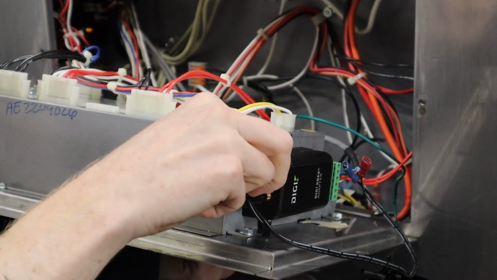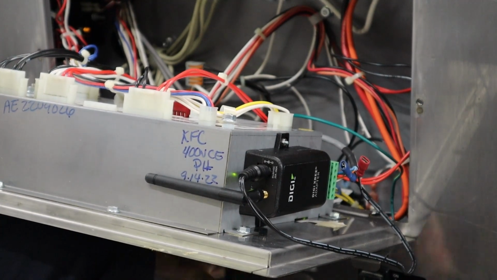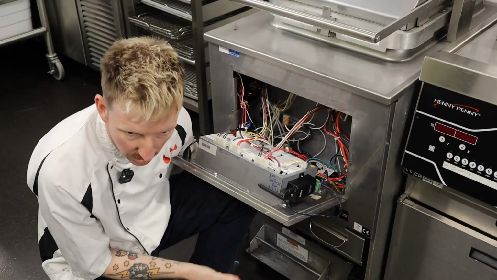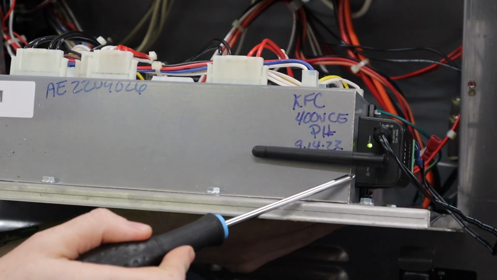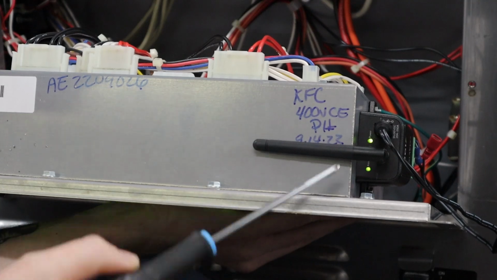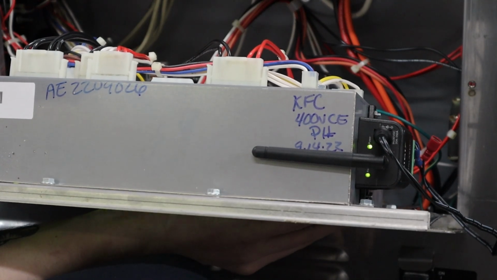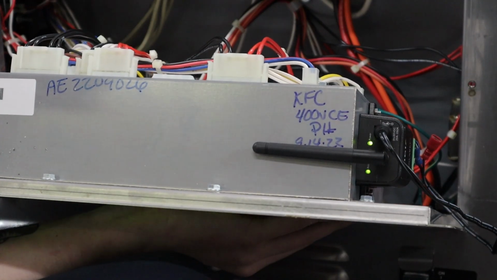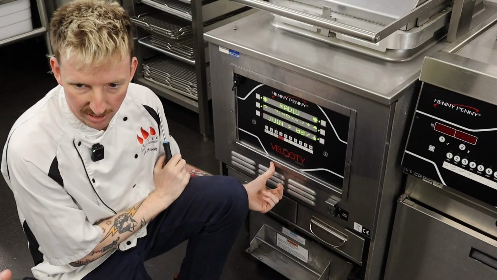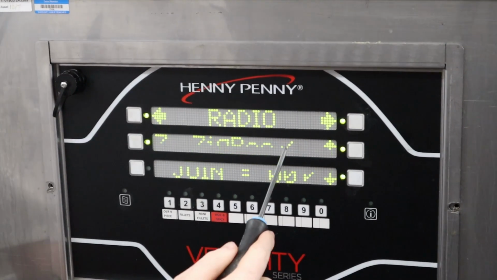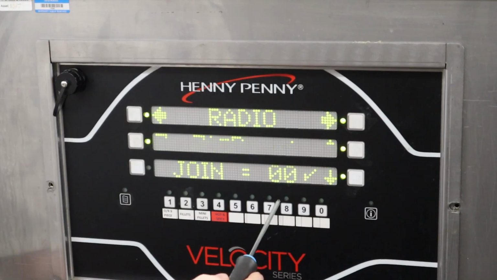And then what we should get, once we twist it to lock it in place, is our 2 lights will then start to illuminate. We've got a solid light on the power. We've now got a flashing light on the radio signal itself. Flashing light's great, that means it's connected and communicating. Solid light means it's still just trying to find something to join to. If we then look back on our radio screen, we're getting our tick, we're getting the join sequence going through